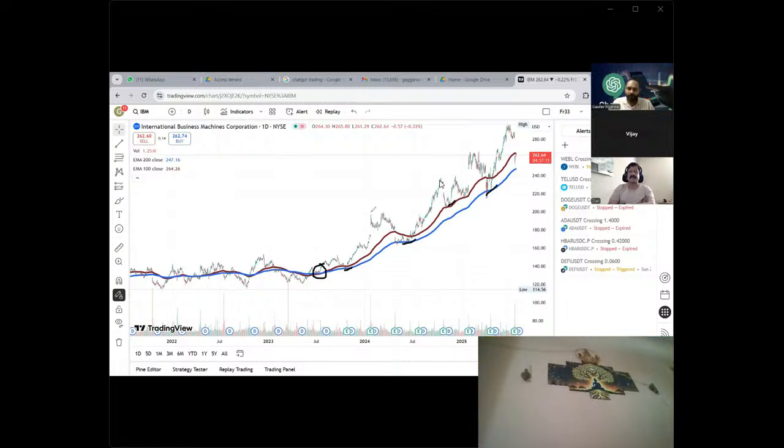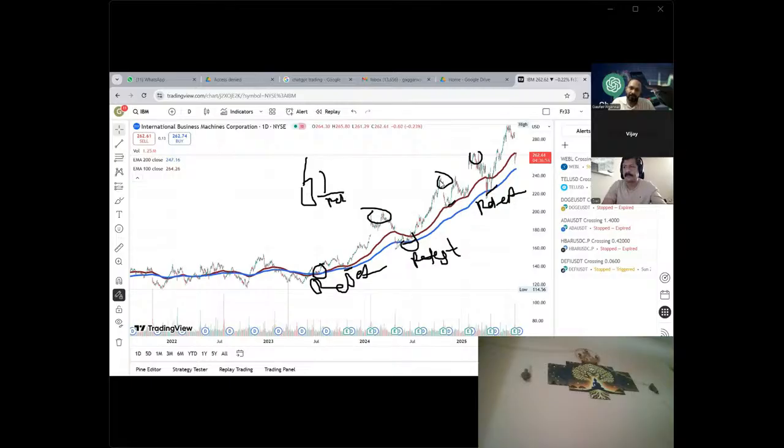Don't buy at the high. Always wait, and once the price touches, these are called retest points. As we discussed with breakouts, the stock will give a breakout and then start coming down, so this will be the retest zone. Similarly here also. So if you miss it at any time, then wait and try to buy here.